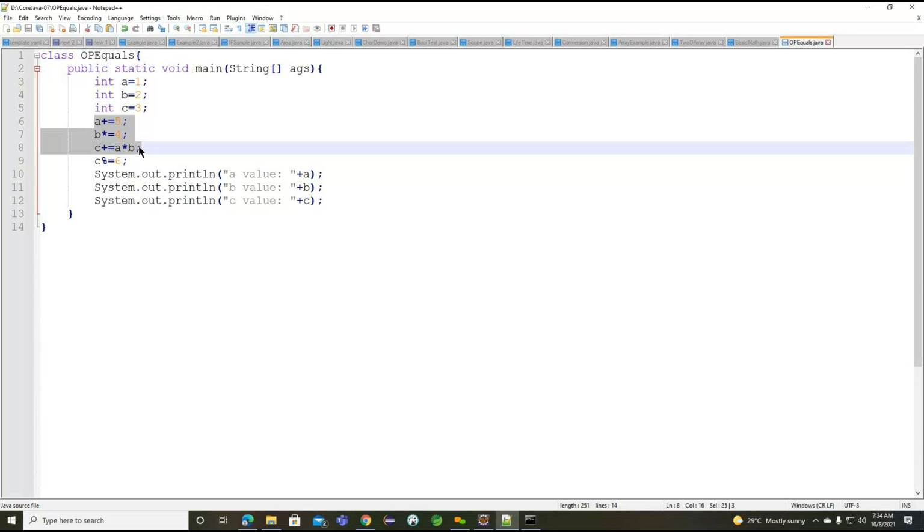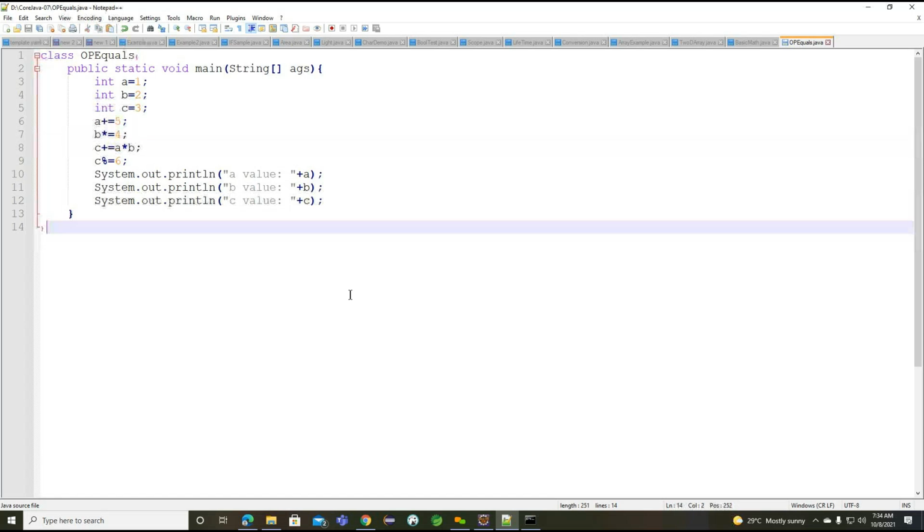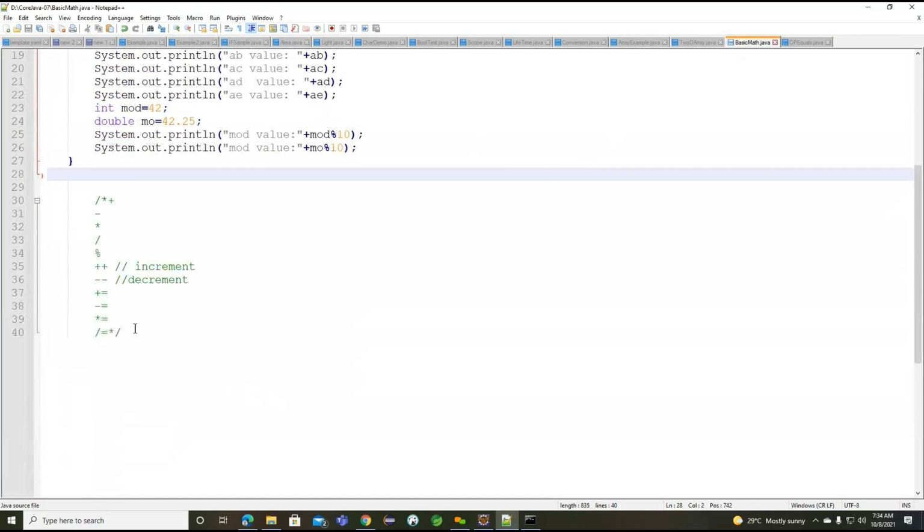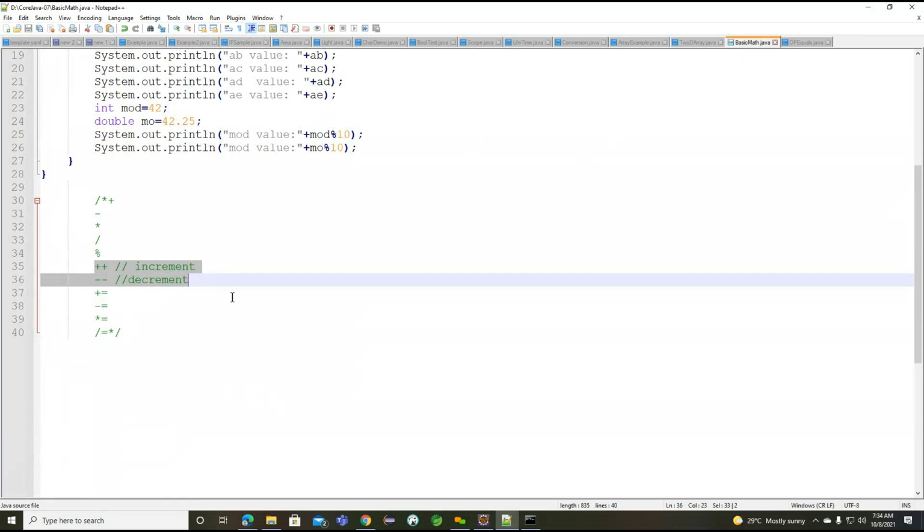So we may work on some calculation related example, or when we're working on some amount related example, or some count related example. So this is the operator we are going to use here. And finally, what is another operator we are having here? These are the two operators we need to understand here.